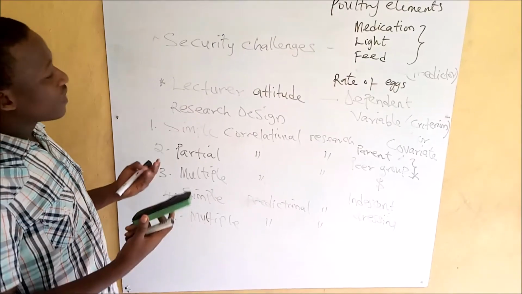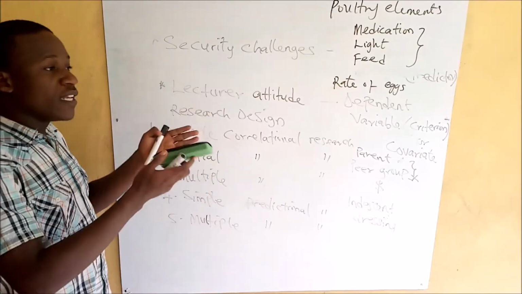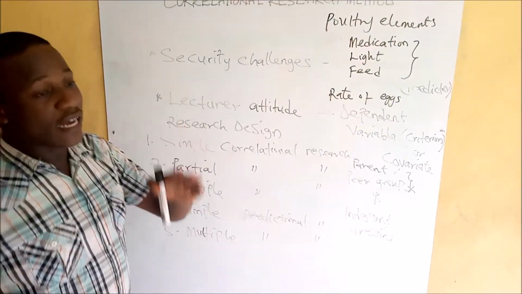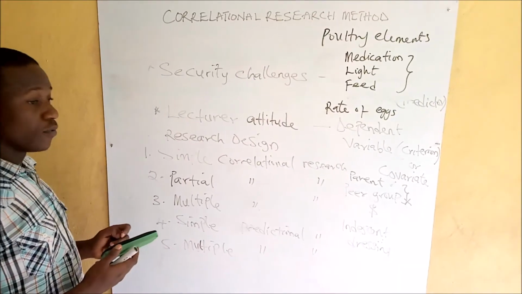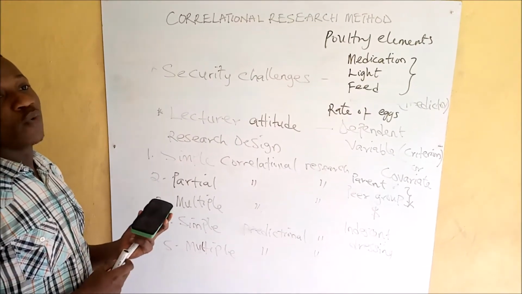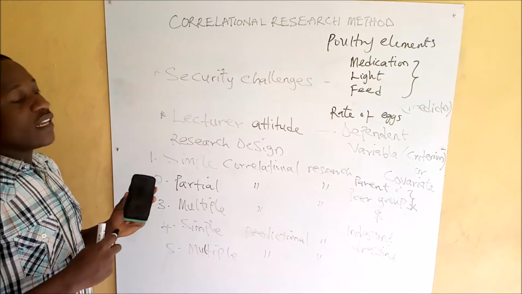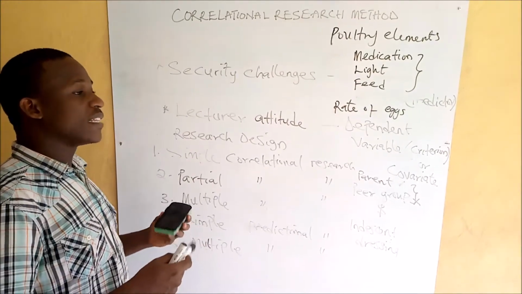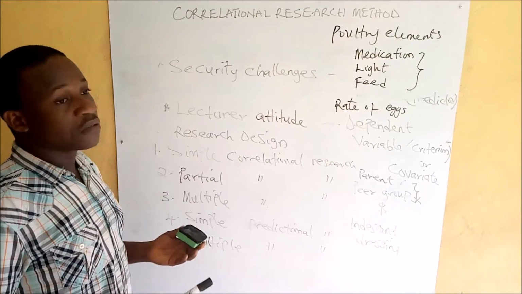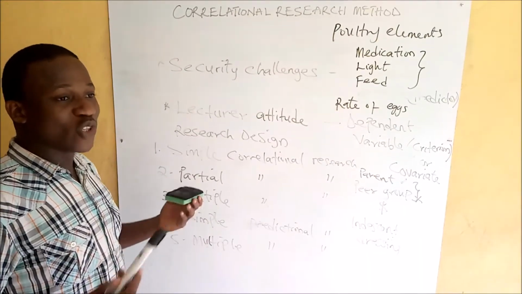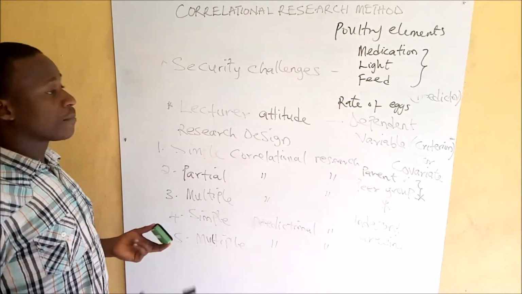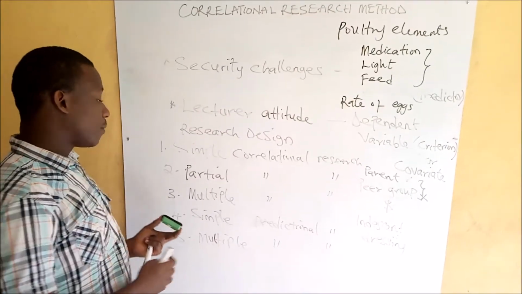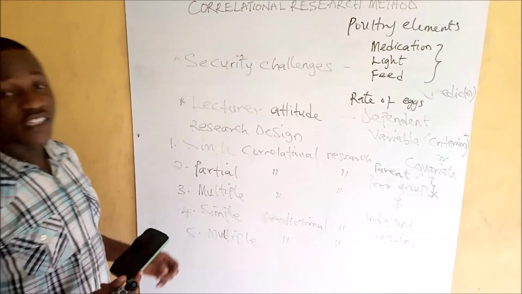Okay, so you can think of other good examples where you have many independent variables and you want to check their relationship with a particular dependent variable. Another good example can be lecturers' abilities. You can count their abilities, maybe their teaching method, their qualifications, and their mastery of the subject matter. You want to check how their abilities influence their productivity. So you can adopt a multiple correlational research design.